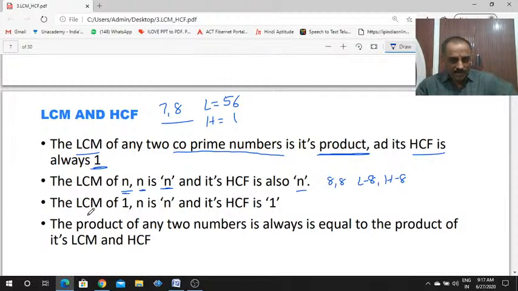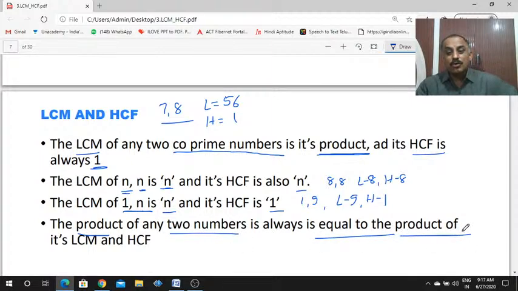Now, the LCM of 1 comma n. The LCM of 1 comma n is n and its HCF is 1. For example, what is the LCM of 1 and 9? Its LCM is 9. Its HCF is 1. And one more important point: the product of any two numbers is always equal to the